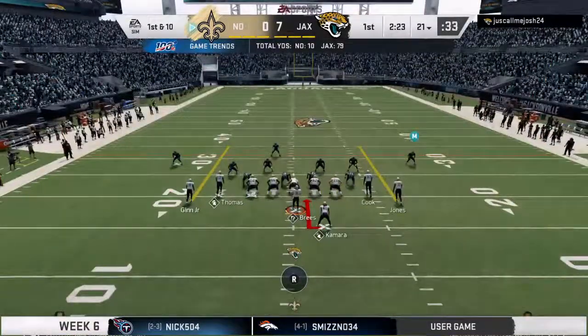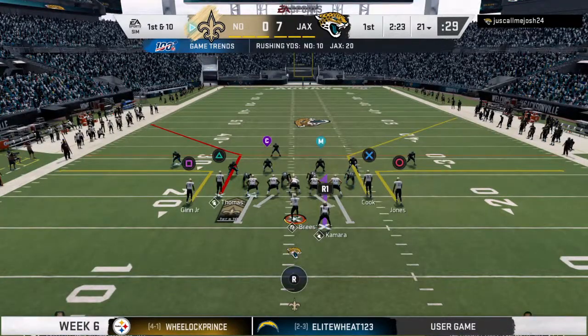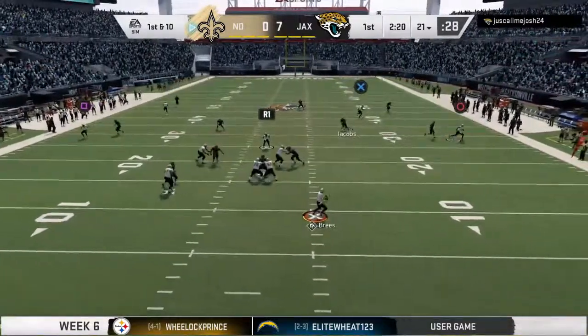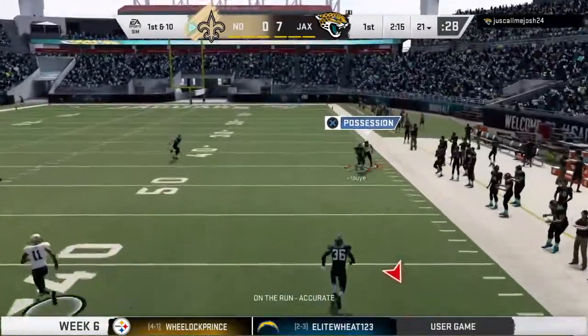The Saints offense on the field, ready to get their drive started. Last time out, they had that long 50-plus yard field goal that they missed. And I'm sure on their sideline, they're thinking to themselves, okay, do we still want to try one if we're in that position again? And I would dare say that the answer would be...